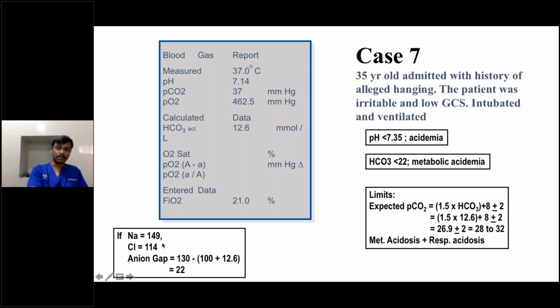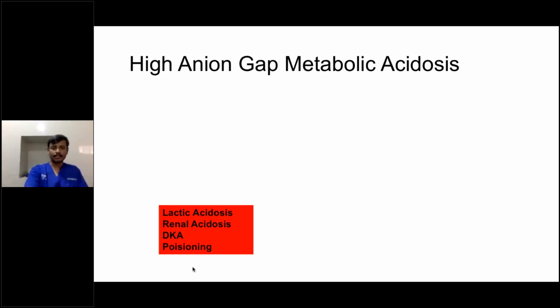Look at the anion gap, because whenever metabolic acidosis is there, look at the anion gap. Anion gap here, 130 minus 100. I'm sorry, some calculation problem here. It is 114, taken as 100. So we'll take it as anion gap 22 only. If the anion gap is 22, it again comes as a HAGMA, high anion gap metabolic acidosis. Here lactate is 18. So sometimes the ABG itself can tell the lactate.